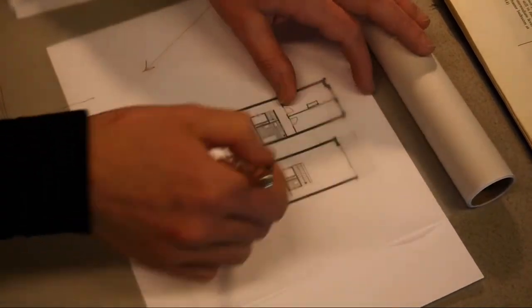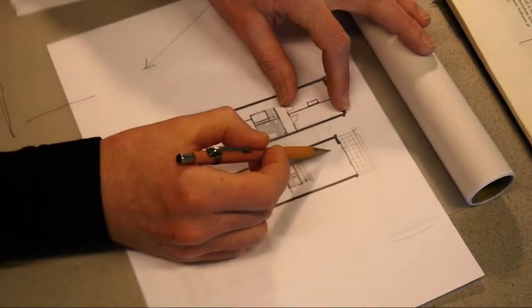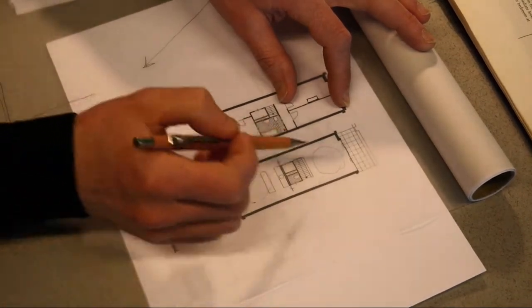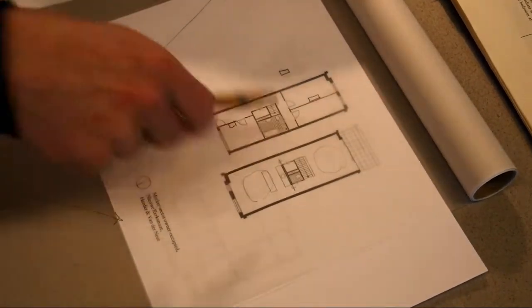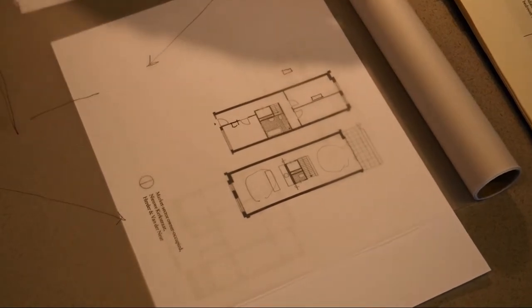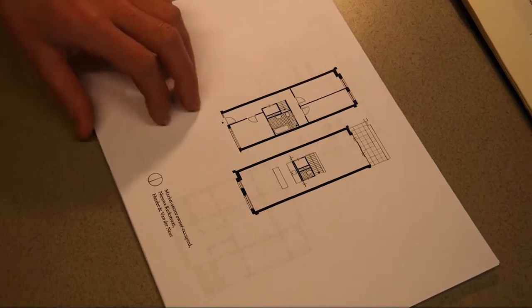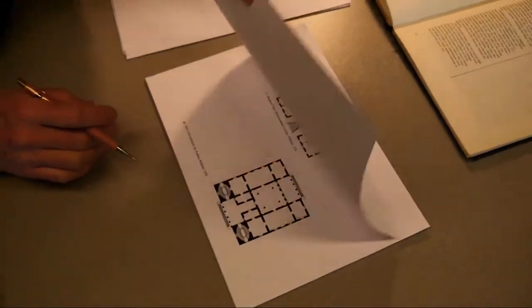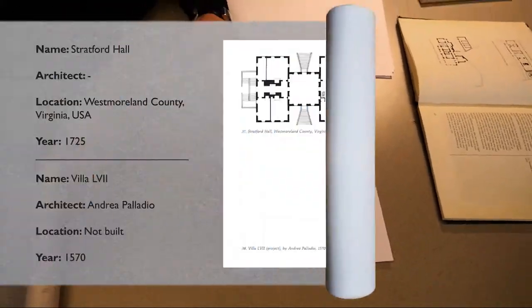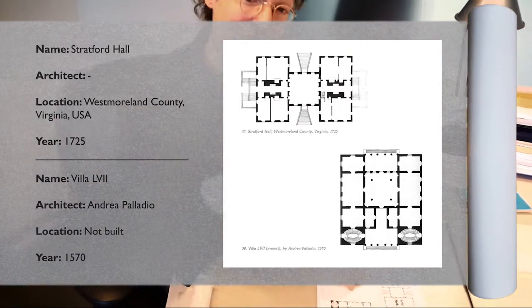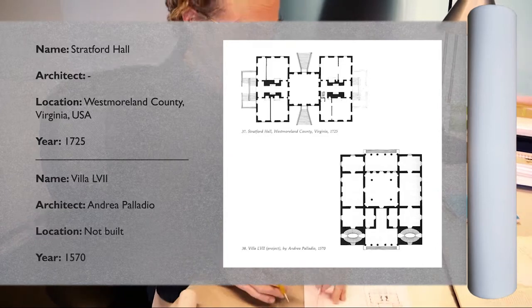So it's architecturally nice, but it's not so easy to arrange all your furniture in such a way that the spatial idea is kept. Okay, maybe last example of these, to give you an idea of different kind of organizations,